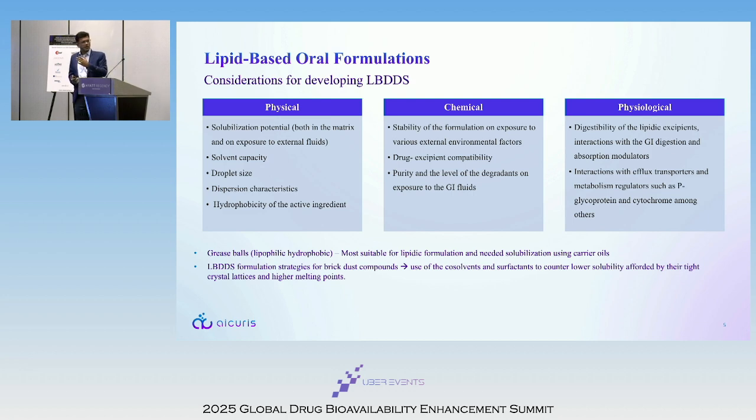So what considerations should we take into account when we try to develop lipid-based drug delivery systems? When it comes to the physical aspects, what are the solubilization potential options we have of different lipids for a given drug? There we try to select the range of lipids offered by different companies like Gattefossé. Maybe you have other possibilities, medium chain triglycerides, long chain triglycerides. Often the solubility in LCTs is not so great. Maybe MCTs are of help there.